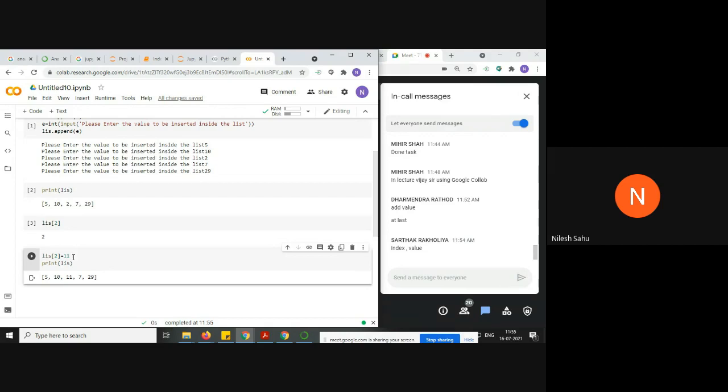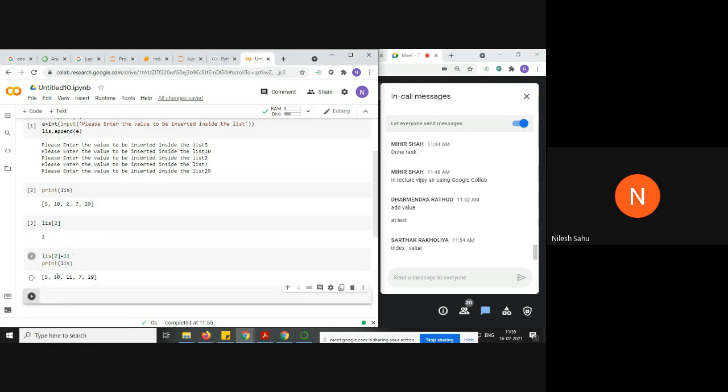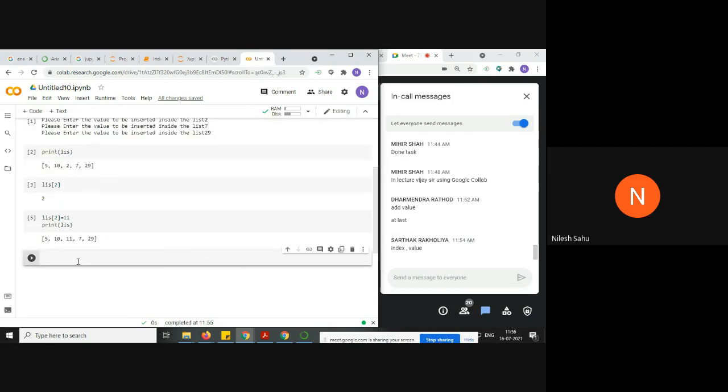So if you directly use an assignment operator to assign some value to a given index, it is going to replace the value. If you want to keep the current value and insert a new value at a given index, you need to use the insert function.